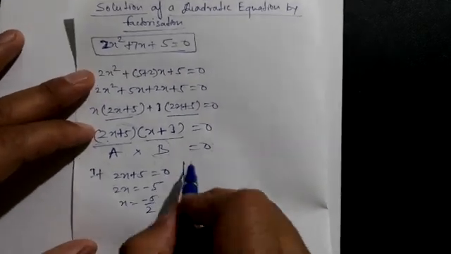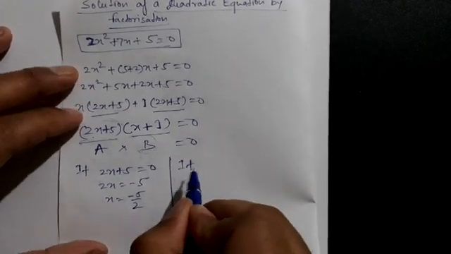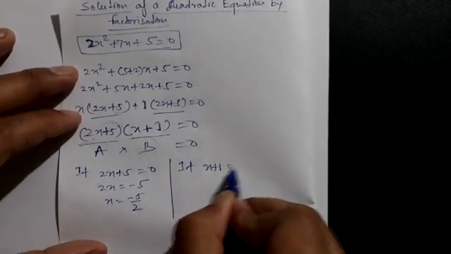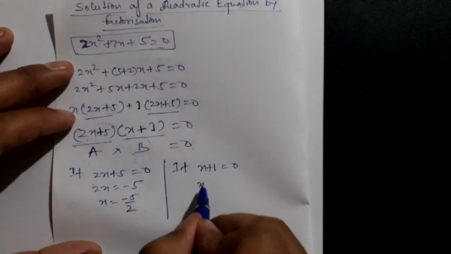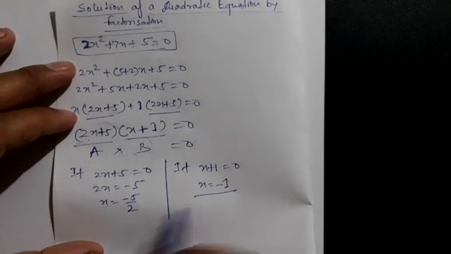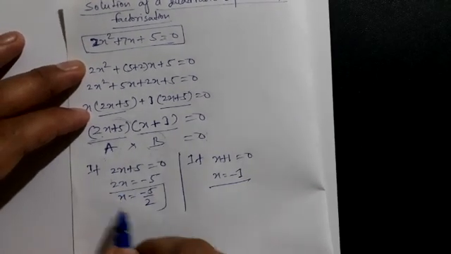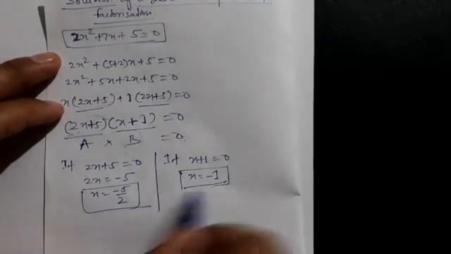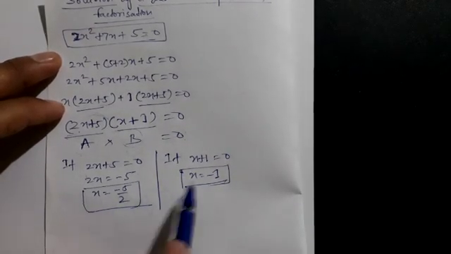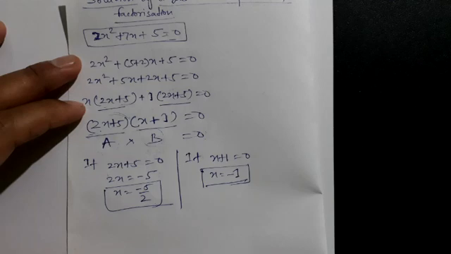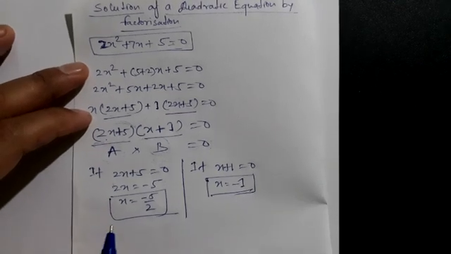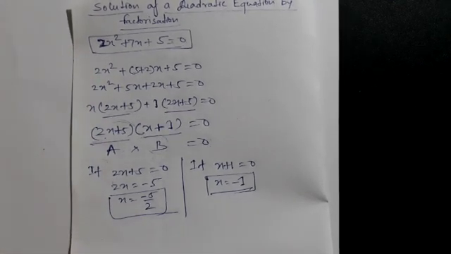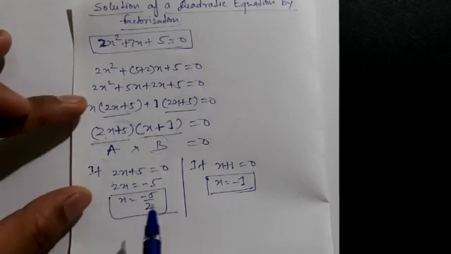Or if x plus 1 is equal to 0, so from here x is equal to minus 1. So now x is equal to minus 5 by 2 and x is equal to minus 1. We have two zeros or two solutions, or two roots